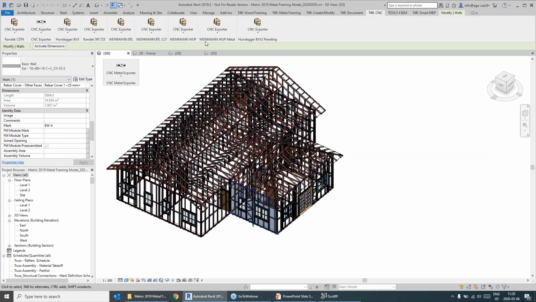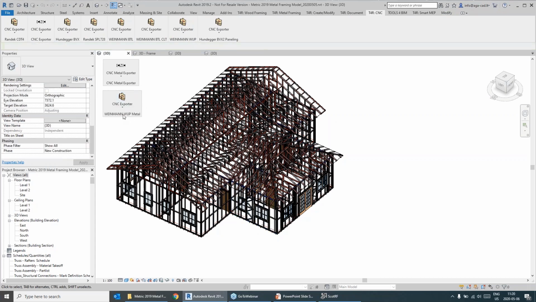and the one which is called a Weinmann WUP metal exporter. It's actually the same as the wooden one. So if you're interested how the multi-layer walls could be exported, both metal and floors, just stay with us, and I'll show you that exporter a bit later when I'll be talking about